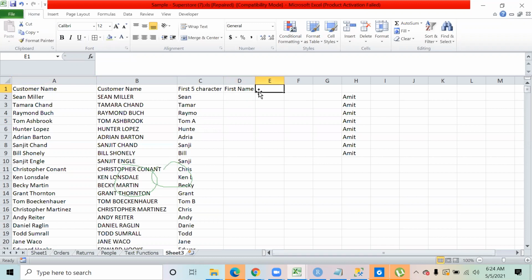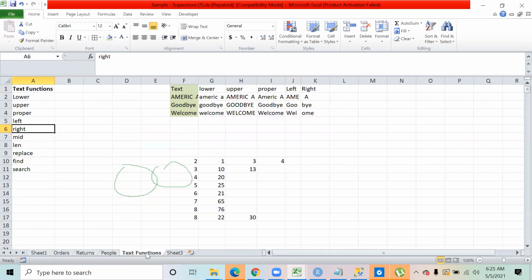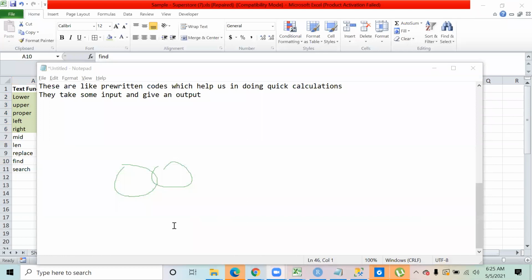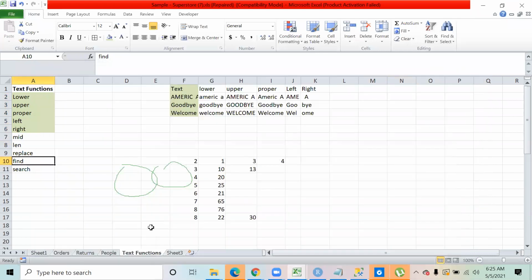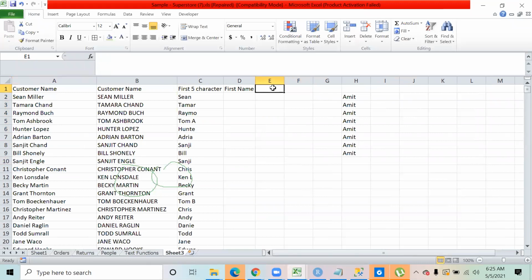The output will come with the help of 2 formulas, but first I'm going to explain one function, and that function is find. We have done these functions as of now, I'll just highlight them. And I'm now coming to this find function. I'm showing you the find function.